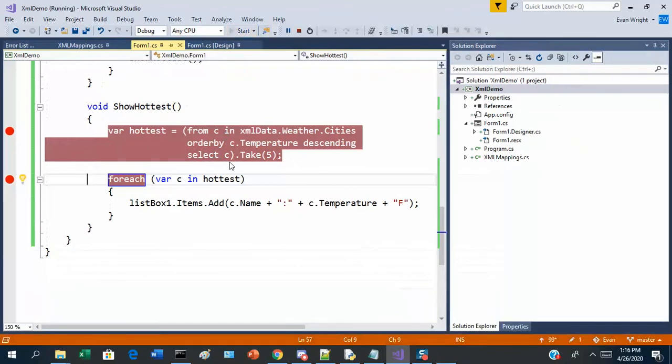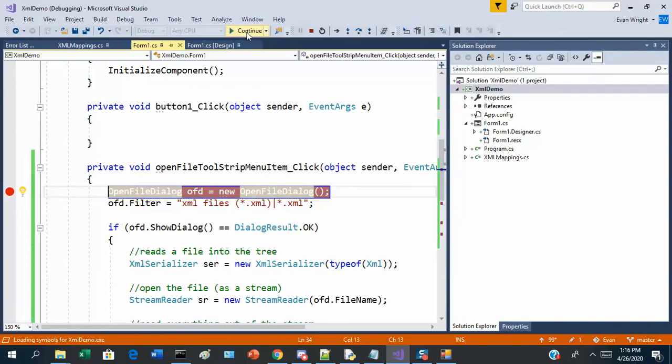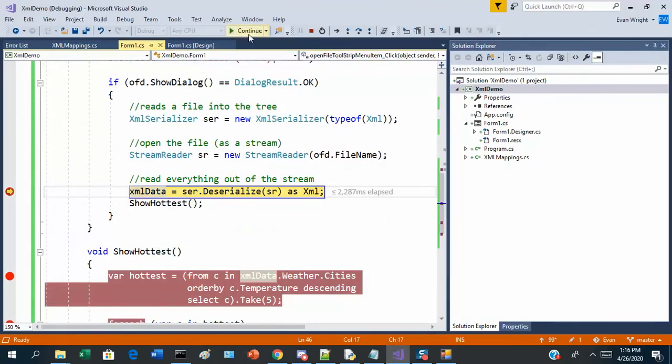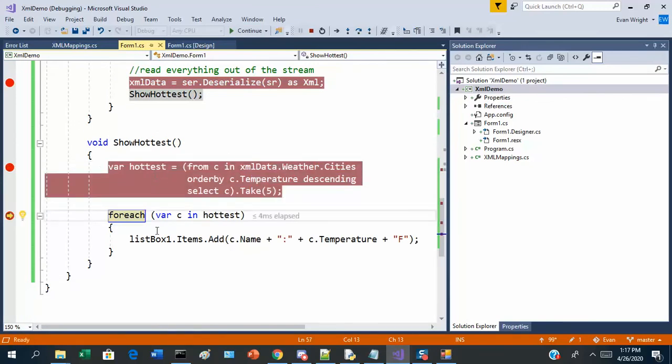Let me run it again. Open the file, pick the file, and well, now it's stopped there. F10. Now remember, there's delayed execution on the query, so hottest has not been populated until I try to access it. So it actually hasn't been populated, and as soon as I run this, now the query gets populated,